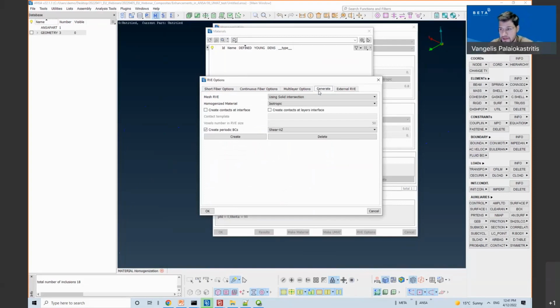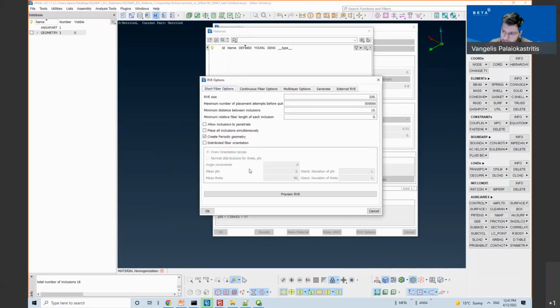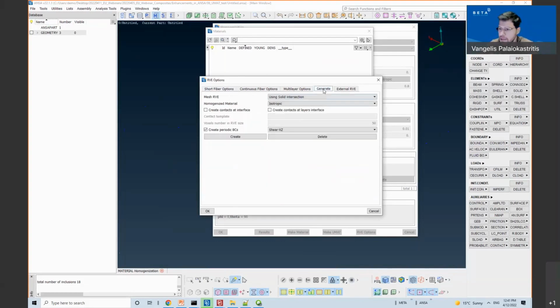Once the RV is previewed, I must press the preview button so it is stored in memory. I can then switch to the generate tab and generate the RV from scratch. I have the option to create contacts at the interface between the matrix and the inclusion.